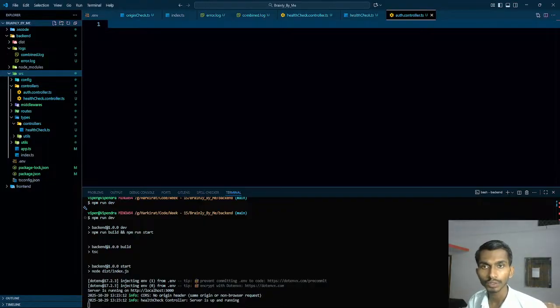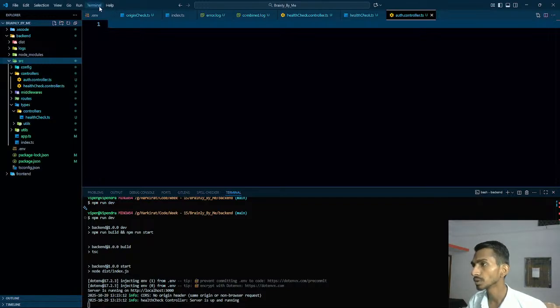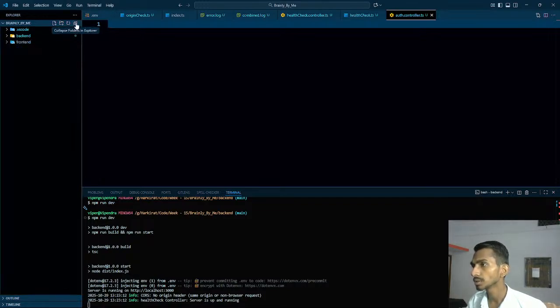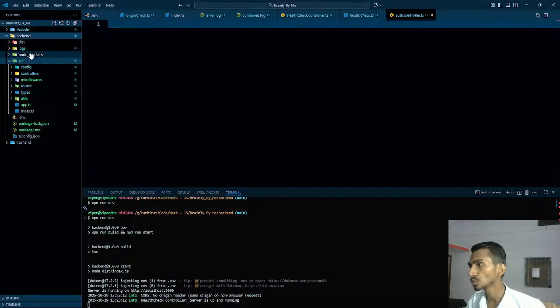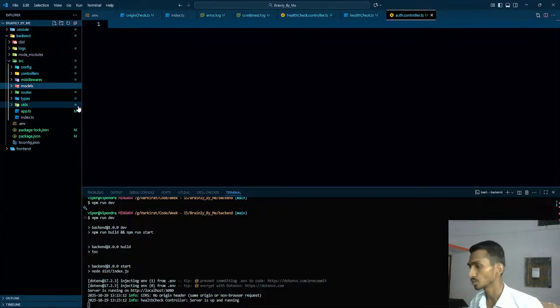Inside source, we have to create this particular thing as well, and this is the source. Okay, we have logs, we have source, and what is this used? Collapse folder. So if we want to collapse everything, then we have source, we have source file for directory. We can create models in here. Models are gonna be like this. Let's do one thing. Okay, never mind, models in here, and then user model we can create, and then user controller is going to be there. So what else can we name it? User model, user controller, and user